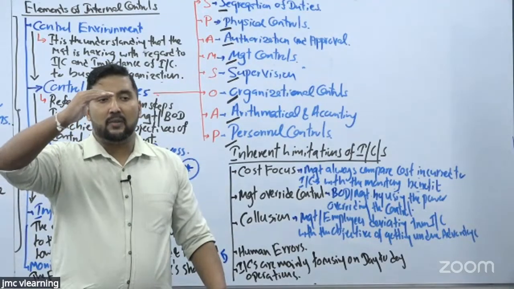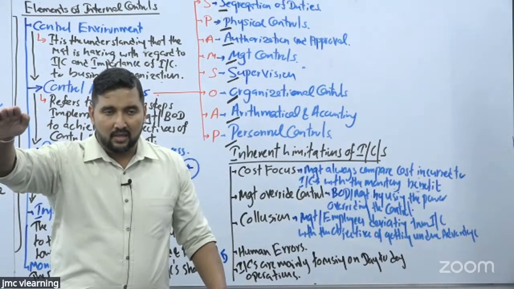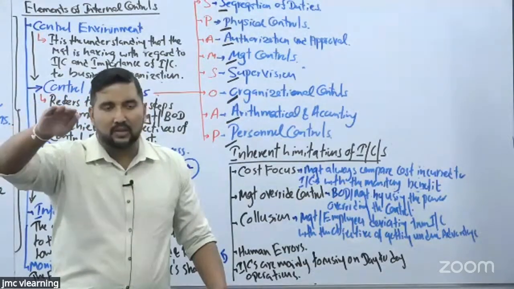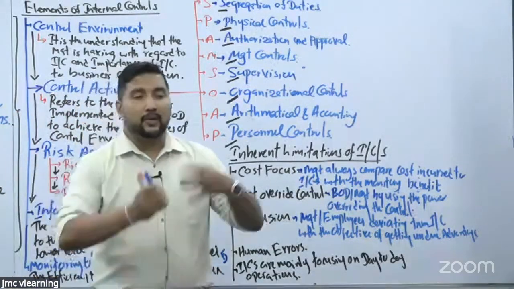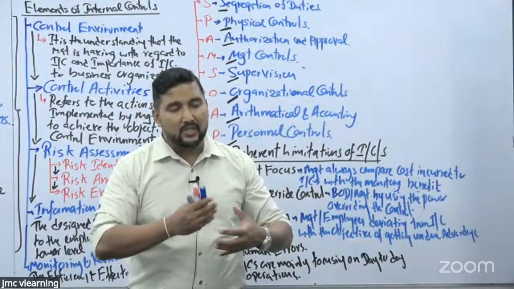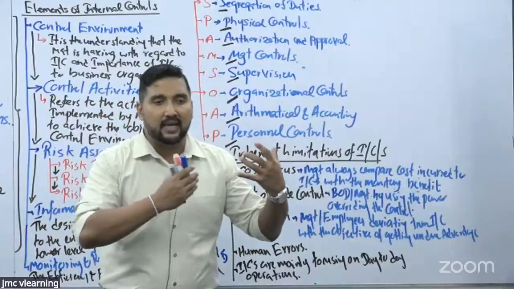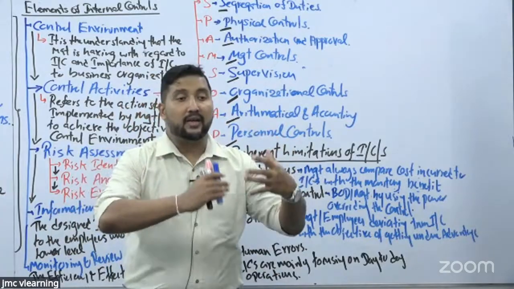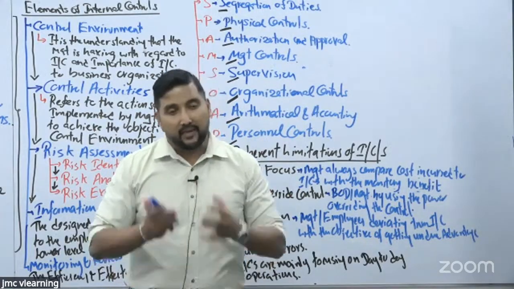Okay, let's say you decide on a proper pricing policy. In order to prevent all these kinds of issues, you are implementing a proper pricing policy. Good control or bad control? It's a very good control to have. Agreed? In order to prevent a fraud of 10 rupees, which may happen on a daily basis, on day-to-day transactions, you are putting a control to prevent or detect that fraudulent activity. So you are putting that control to prevent or detect that fraud or error. It's a very good thing to have. Agreed?